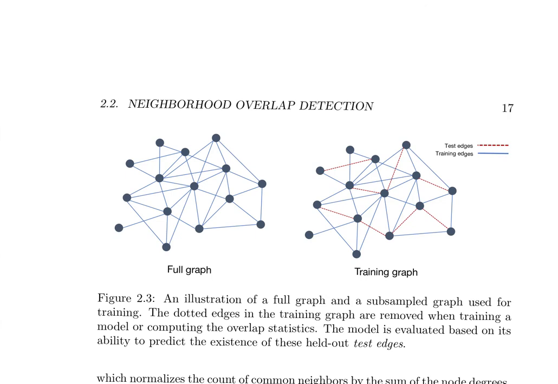Here is an example of a graph that you could use in relation prediction classification. You can see the full graph on the left, and some of the edges of the full graph are labeled as unseen. These are going to be the test edges or relationships, the existence of which one is going to predict. And that is it. This is the type of thing we work on in the neighborhood overlap detection